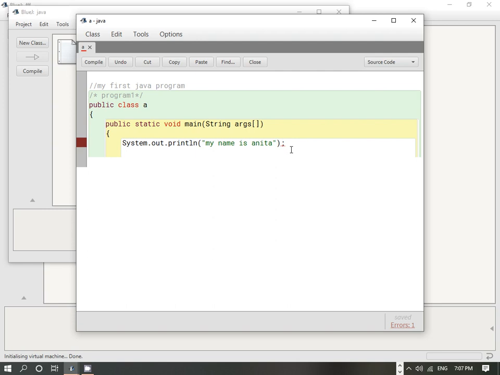Press enter. Then here you can see two brackets are there. One opening bracket over here, one more opening bracket over here. So you will have to close all the brackets which you have entered. One bracket over here, you can see by the indentation, is closed. When I press enter, again I have to close one more bracket which is for public class A. So this is a simple program.